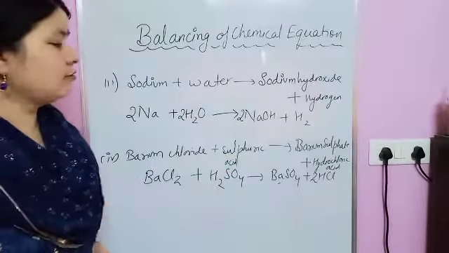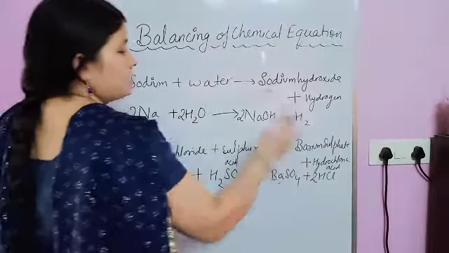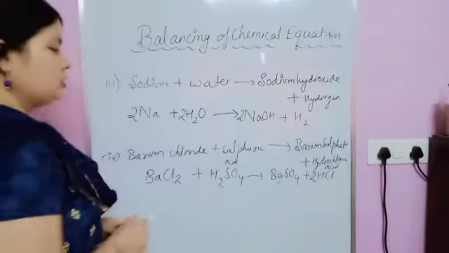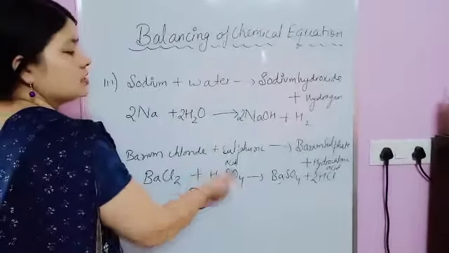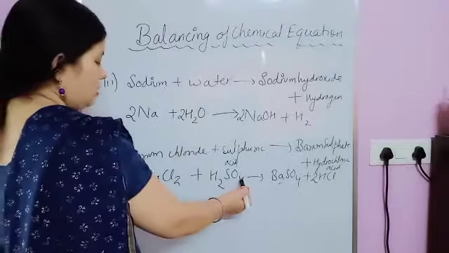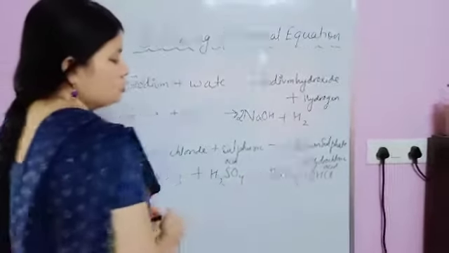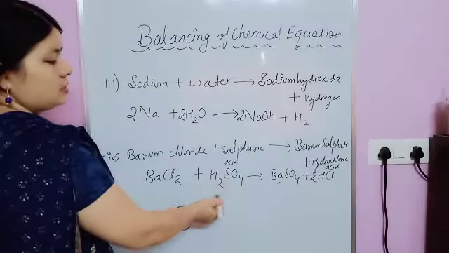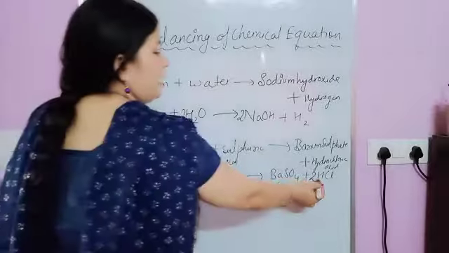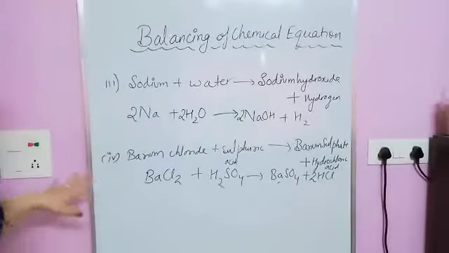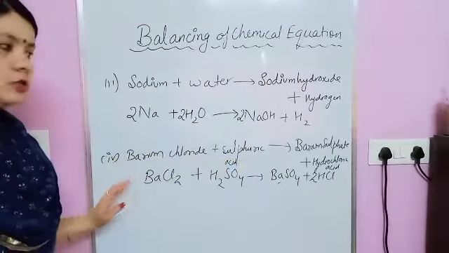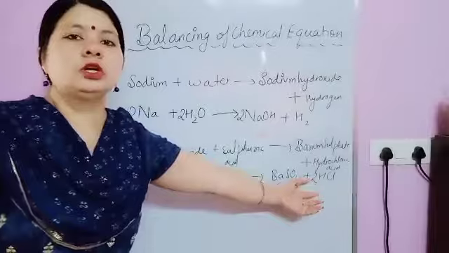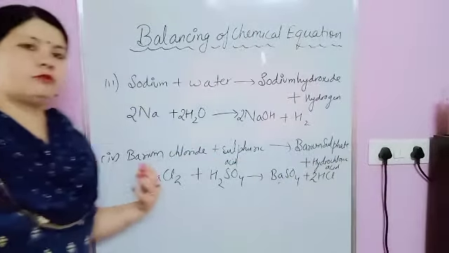After that, sulfur, now sulfur is 1, this side is also 1. Okay, no need to balance. Now after that, oxygen, this one is a pattern, oxygen, here it's 4, here is also 4. At last, balance hydrogen, hydrogen is 2, here is also 2. So it means now your equation is balanced. Simple, you have to multiply this side with 2. So this one is your balancing of equation.